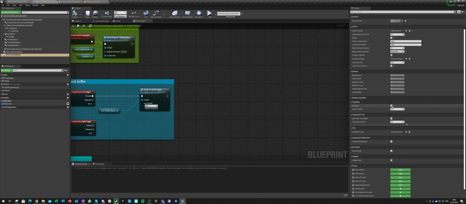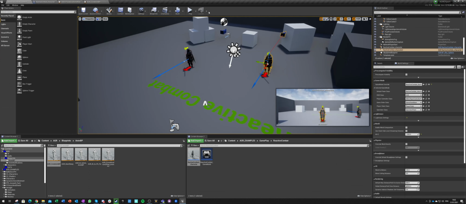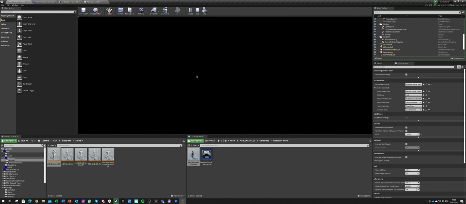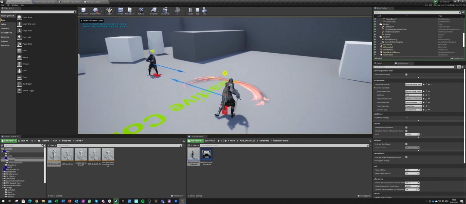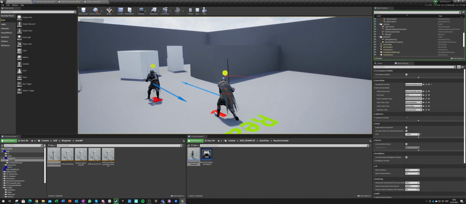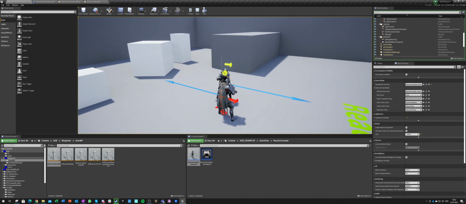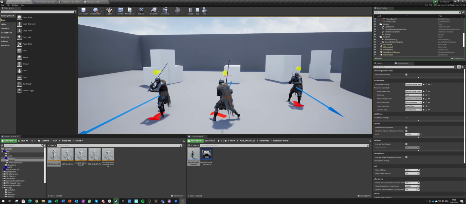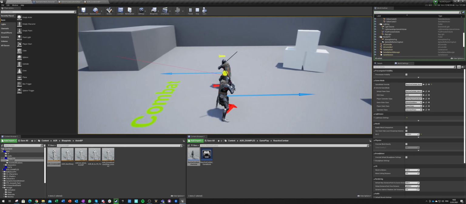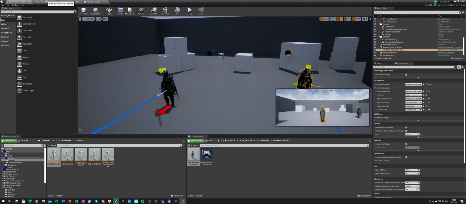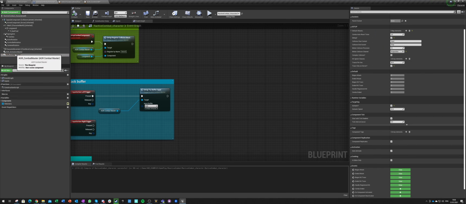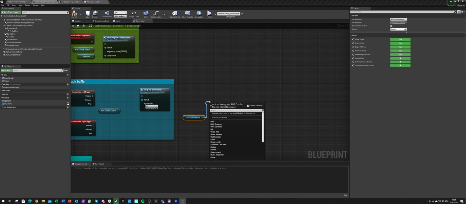What it does is set the control rotation towards a valid target with a certain interpolation. Right now our rotation never changes. It is just facing forward forever, no matter what we do. And what we want to do is change this rotation towards our target. So let's go here. Let's grab our combat component and target.